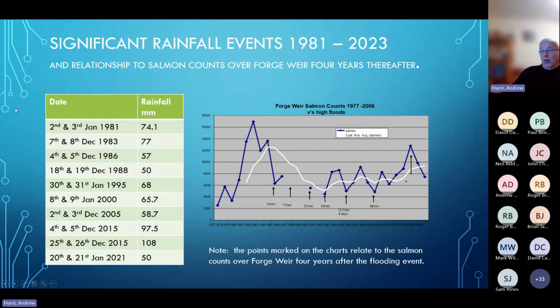In almost all of these events where there's been a high rainfall event and a big flooding event on the Lune, if you look at the salmon returns as monitored by the Lune, which is an index river, just above the estuary there's a counter, and the majority of salmon returning to the river will pass over the counter,